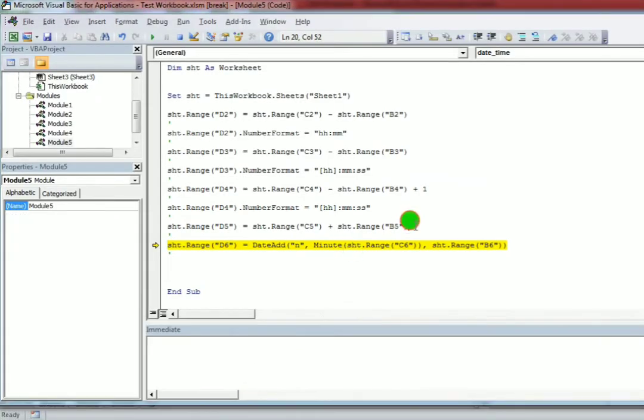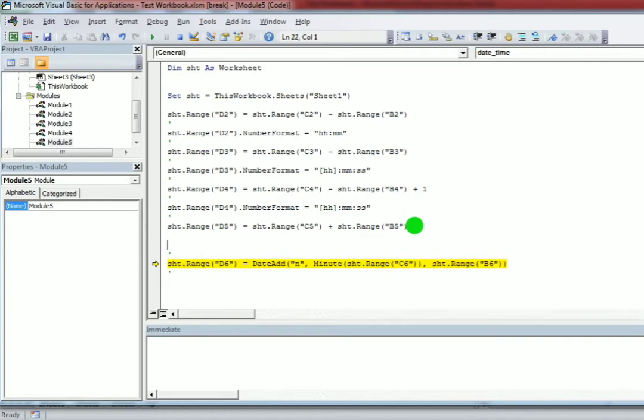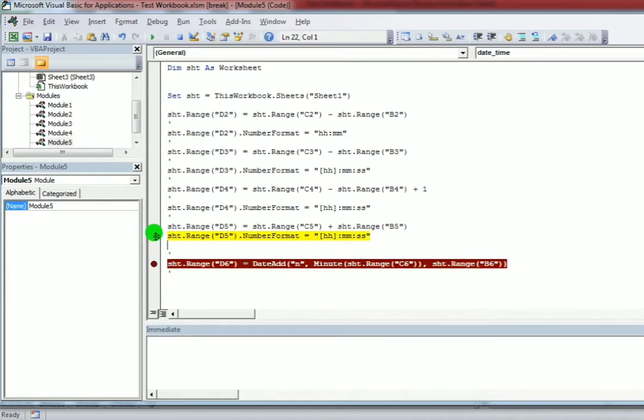Now I need to change the format. I'm just copying this line and putting it here. Just change the reference to D5, that's it. Now I'm taking control back to this line and executing it.